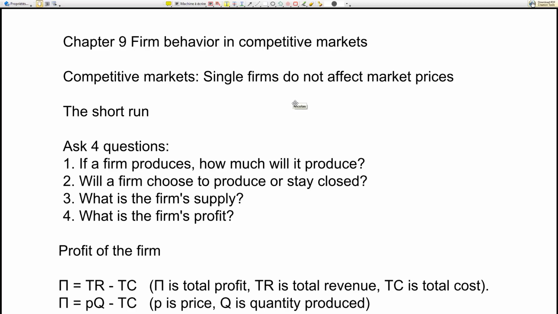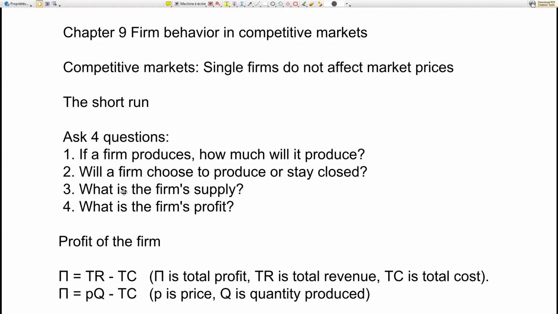So this is just a reminder of what we did last time. We were asking 4 questions, and it's good that we ask them in this order because it makes sense to analyze it in this order. For instance, before a firm decides to produce or not produce, it has to know, if I produce, how much profit do I make? Do I make a profit or a loss? So this is why the first question is, if I decide to produce, to open today, will I make a profit? Will I make a loss?